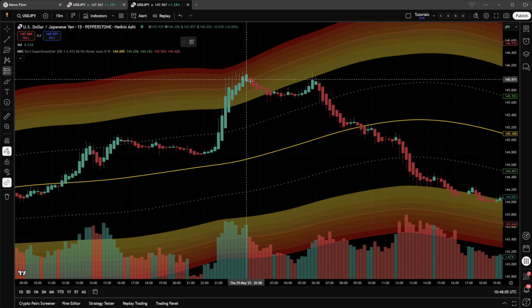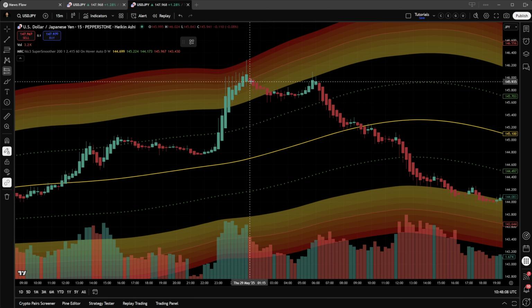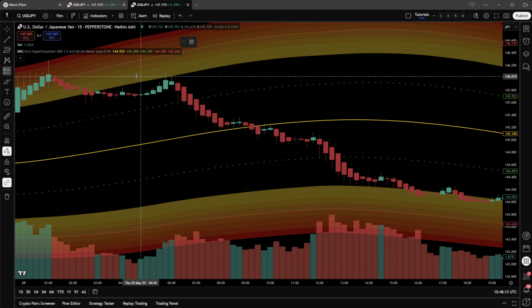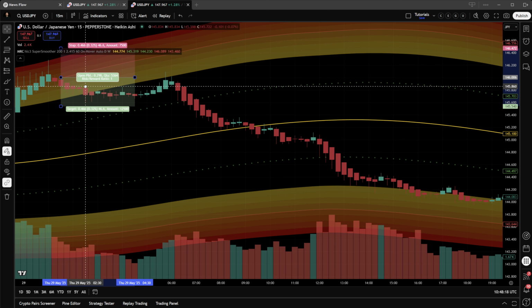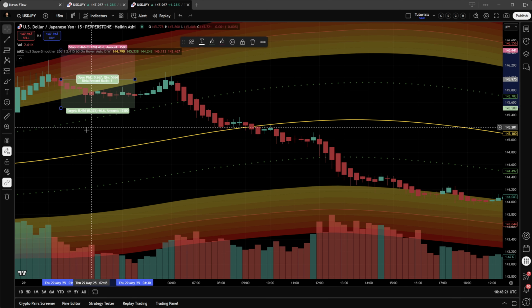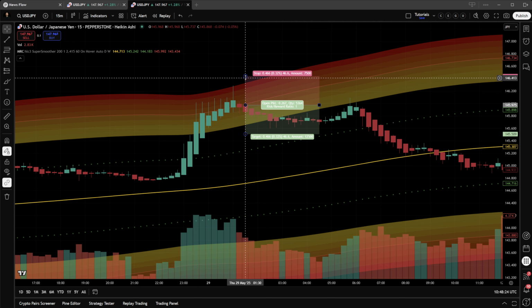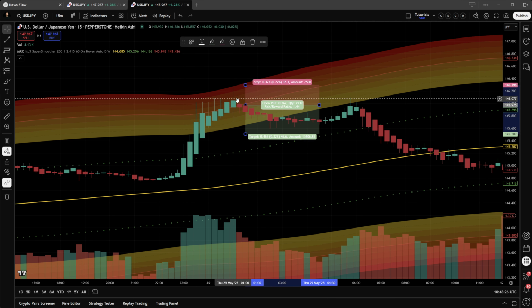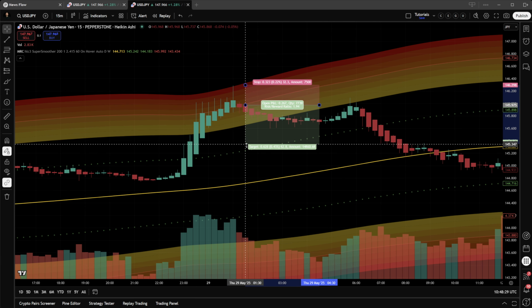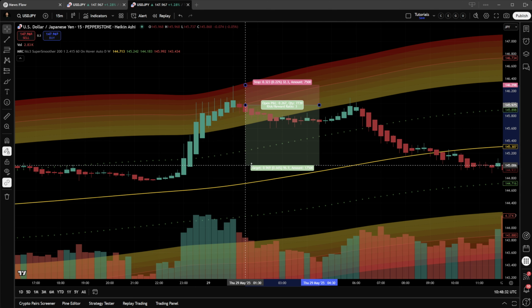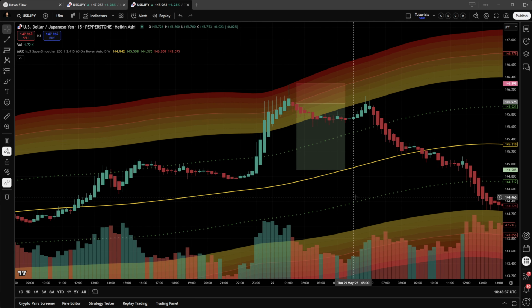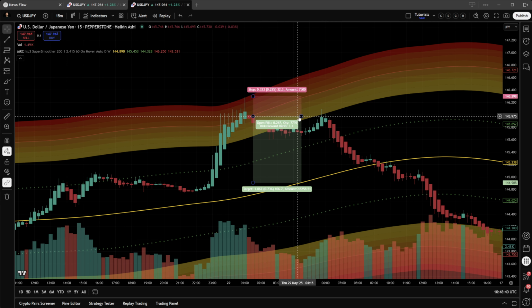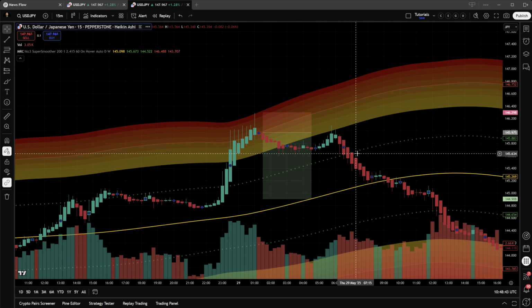The first confirmation that there is a trend reversal could have been, for example, if you combined Heikin-Ashi candles with this system. Here's the first Heikin-Ashi candle where we did not have a wick. And then what we could have done is set the stop loss maybe here at the high of that candle, and our take profit roughly at the mean price. And this would have given us a beautiful 3.3